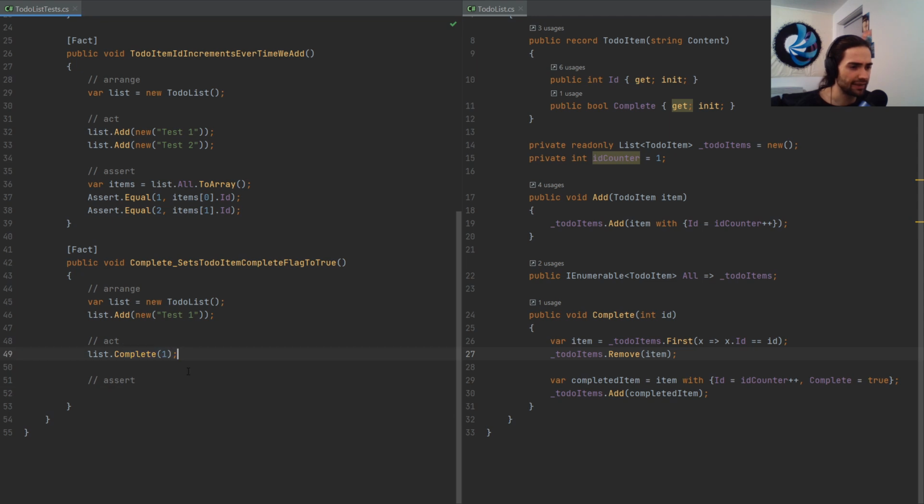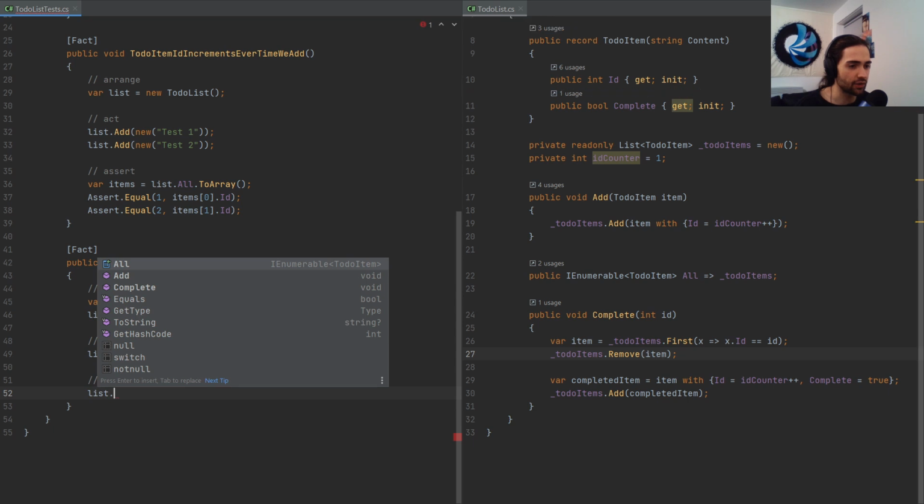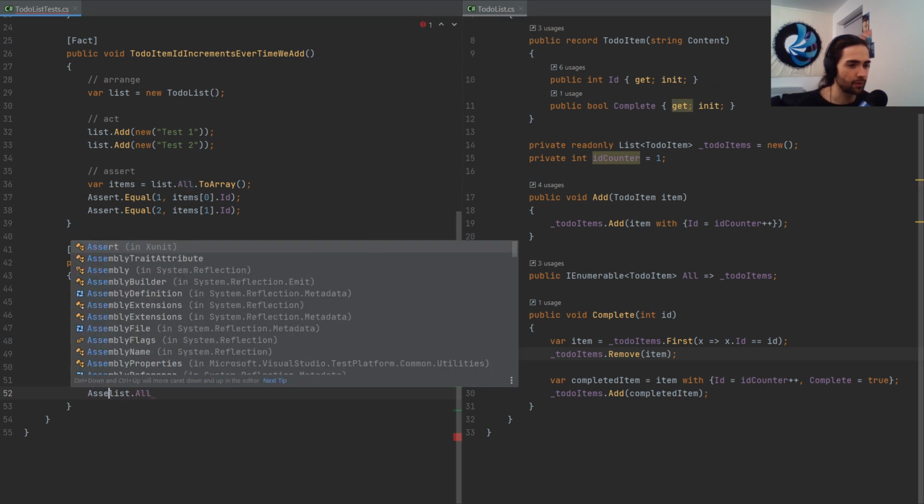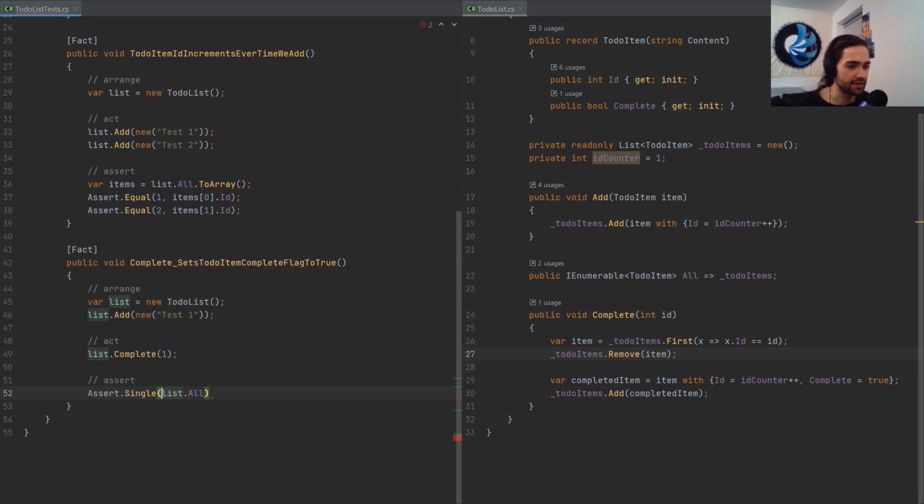We do this complete, and then what we want to do is we want to still go ahead, grab all. We'll assert that it still has a single one. All right, so completed item. Well, let's go ahead, grab it. I'm going to assert not null. All right, completed item. Assert equals. We still want it to have the ID of 1, that sort of thing, and let's assert